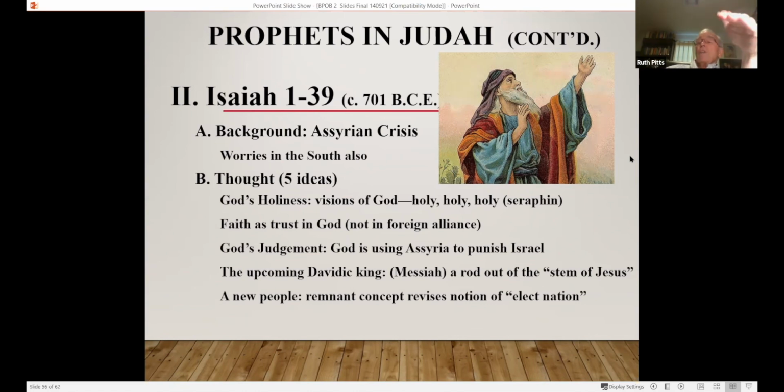So now he's given up on the whole idea that all of the Hebrew people, all the Israelites, are elect. They're not. 10 of the tribes have been destroyed. So how are we going to cope with that? Well, instead of it being a whole chosen nation, it's certain ones within the nation who do keep the covenant. So the notion of a remnant has been very, very powerful all through church history. A minority, but nonetheless trying to be faithful and true.